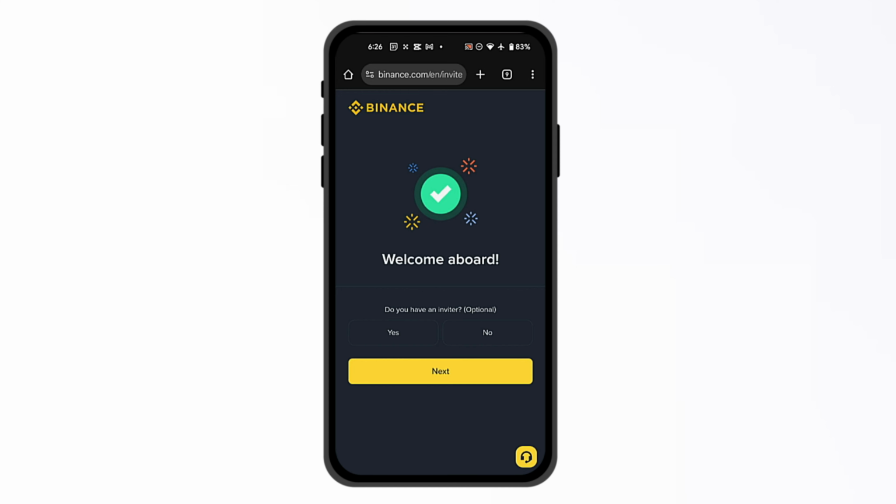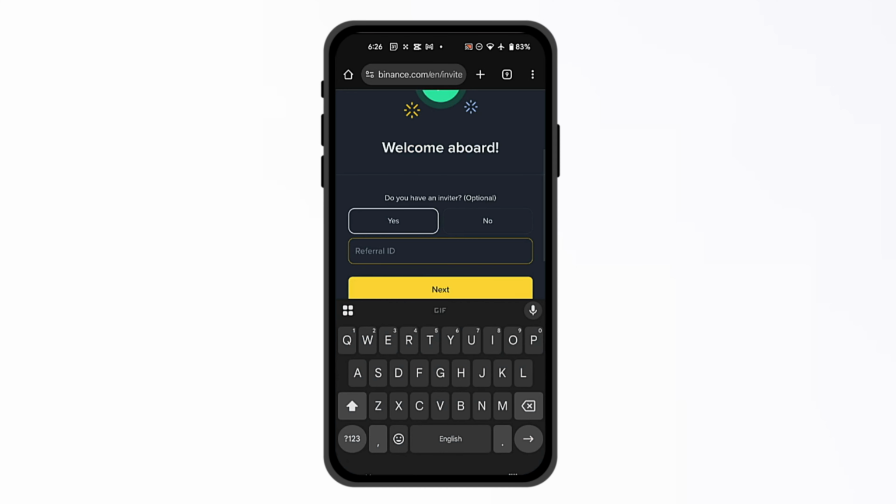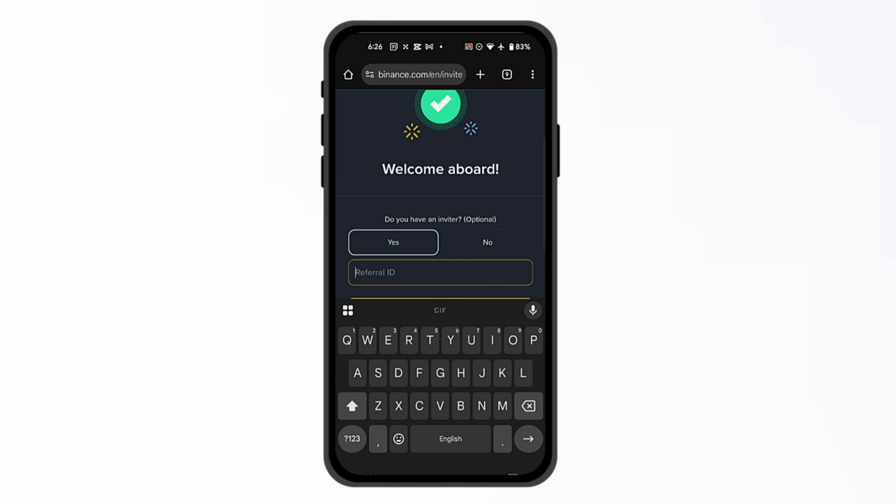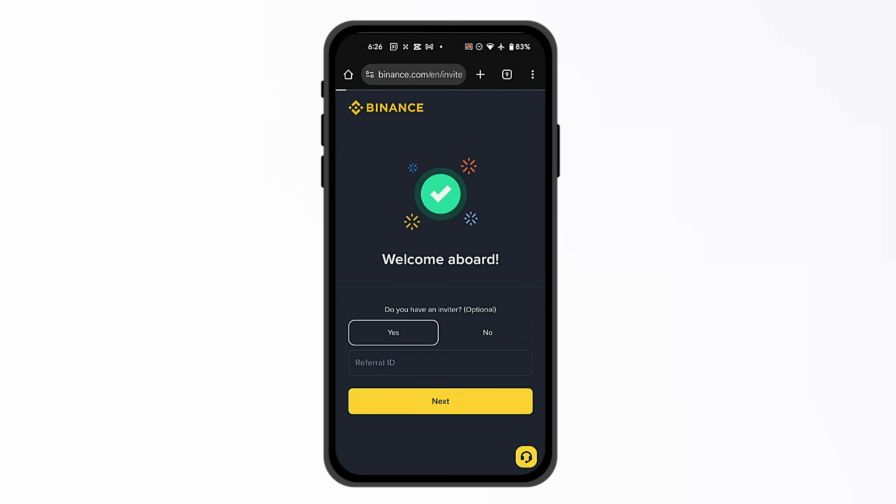And now you're on the main page where it tells you welcome aboard. Do you have an inviter? Click on yes, and then rewrite the referral ID that you will have at the bottom of the link, but it's optional, so if you don't have one you can skip it. Once you do that, click on next, and then from here it's going to load you to the next page